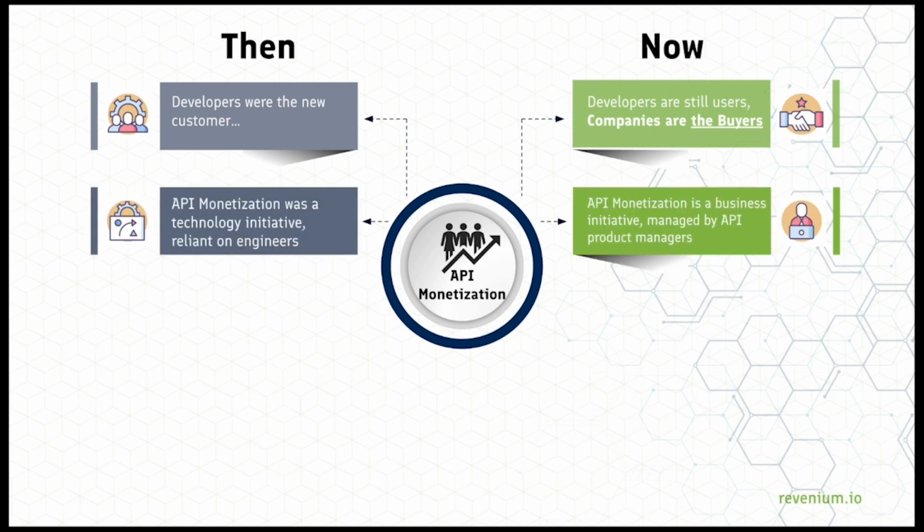And that leads into the next one that we're talking about here, is that API monetization commonly has been managed by engineers to perform some of the tasks like I just went through. And in the companies that we see that are scaling the most rapidly, it is a business initiative managed by API product managers, where the platforms to support the business are set up by engineering in the beginning, and then they're turned over to the business to manage going forward. This reduces friction in the selling process as well as in the product creation process.